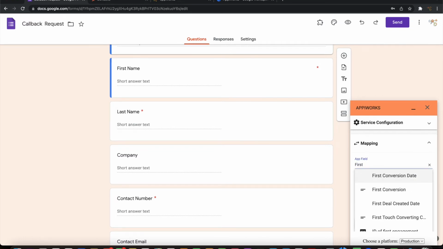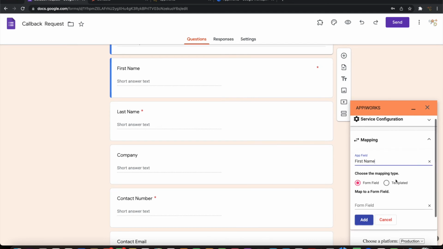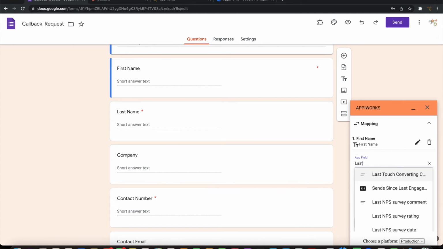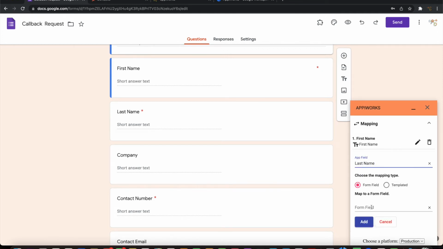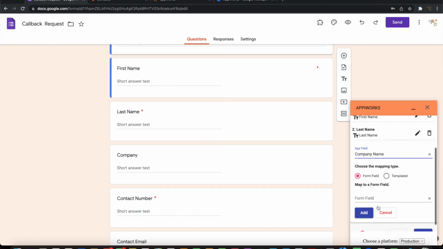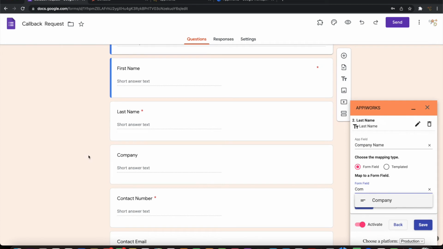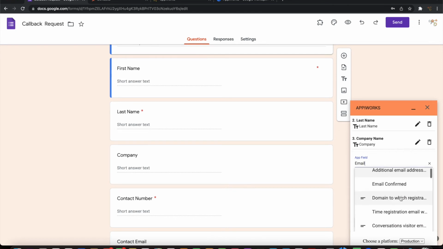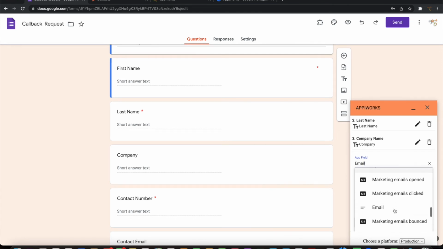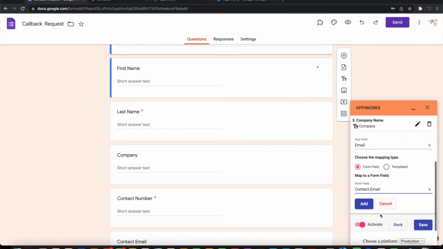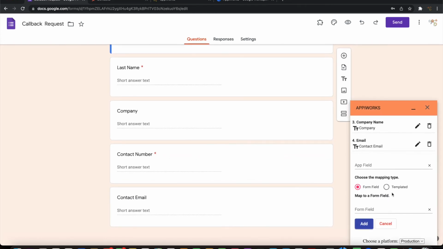The first name from HubSpot CRM maps to first name in the form, last name to map into the last name, then company name in HubSpot CRM maps to a form field called company here, then email maps into email address, contact email here, and then I have one more piece of information, contact number.